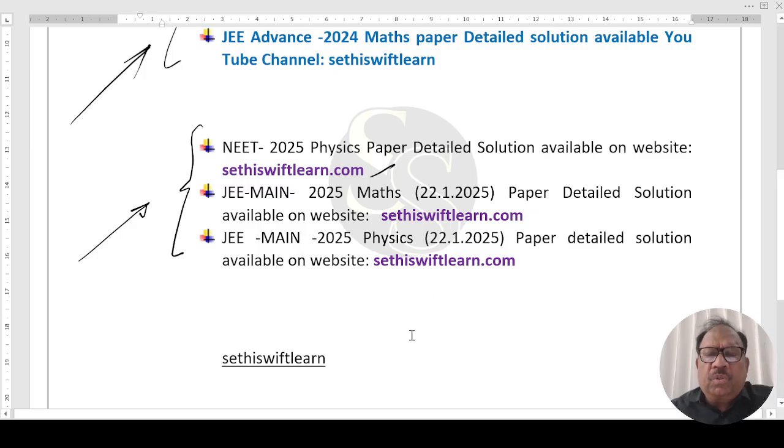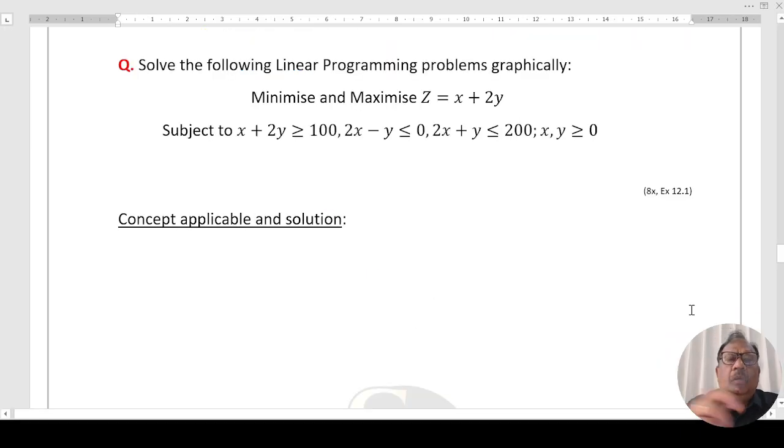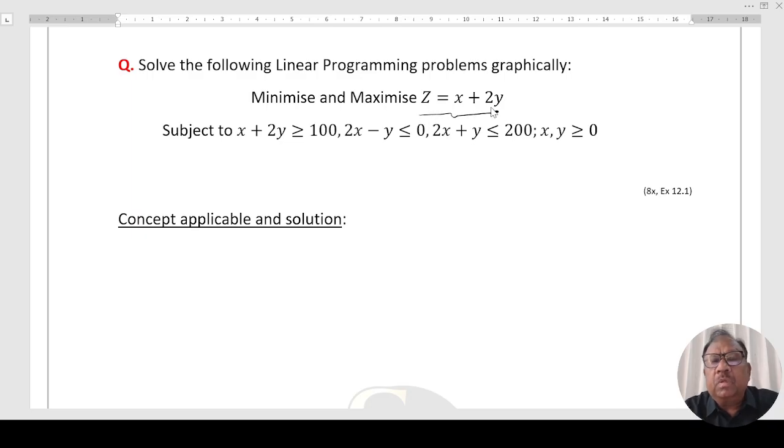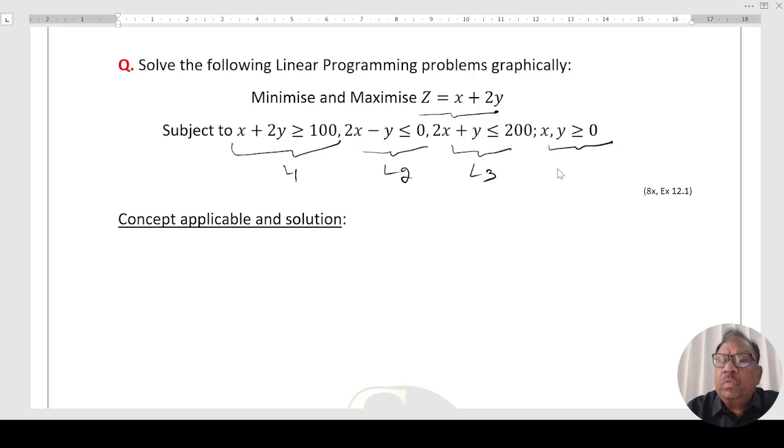Now let's start with the question. Question is, solve the following linear programming problem graphically. Maximize or minimize the objective function z equal to x plus 2y. The quantity which is to maximize or minimize is known as the objective function. Subject to constraints. This is line L1. This is line L2. This line is L3. And this indicates feasible region lies